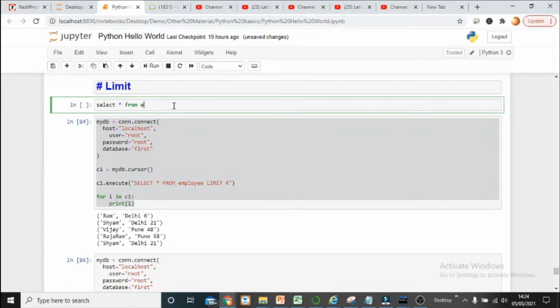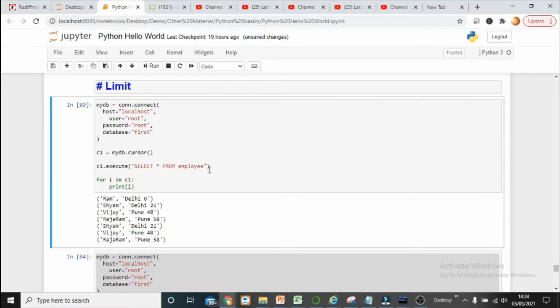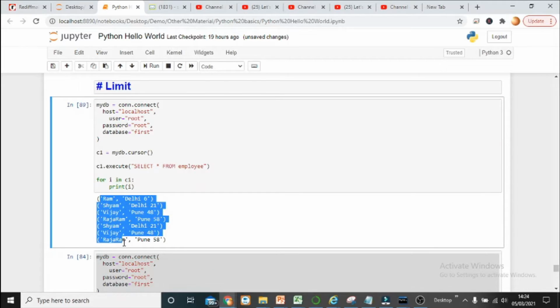The problem I'm trying to address here is that you have written a query, and in this query you have written just select star from employee, right? Nothing else you had given. If you run it, what will happen? It is going to show you all the records present in the employee table. This table has a very limited number of records, just 7 records, so you are able to see it very properly. But imagine if it had around 20,000 or 50,000 records, then it would be very problematic to manage.